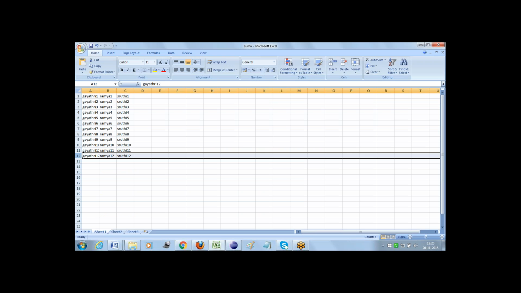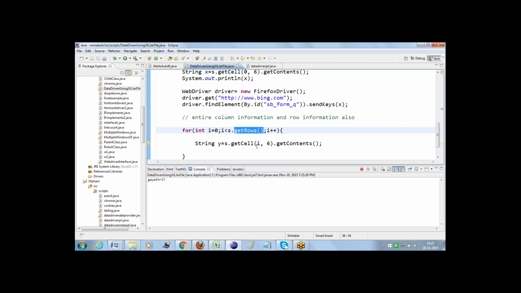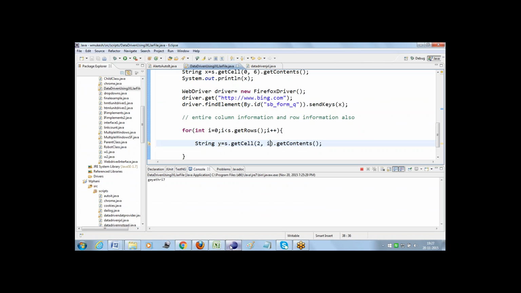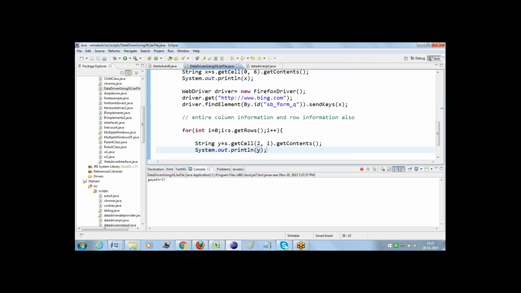As it is getting the total number of rows, the loop will rotate on a row itself. Hence, fix the column number and change the row number. So what will happen, this is my column number and we are changing the row number. So when we run this program, it will print starting from Shruti 1 to Shruti 12 to the console. Not only the Gayatri one, it will print Shruti 1 to Shruti 12 to